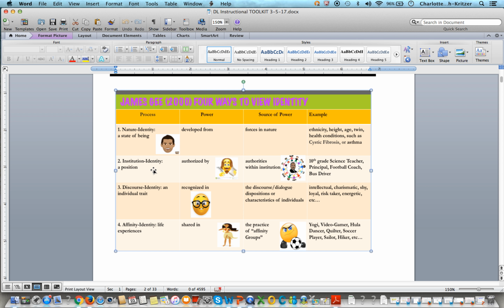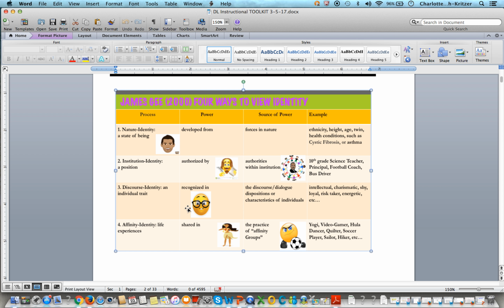Again, think of all the institutional identities that are authorized by other authorities that allow you to be identified. First of all, you are all students, college students, university students at the University of Hawaii. You are all united and authorized by the institution. I am an authorized professor, an associate professor with tenure at the University of Hawaii. These things come from my institutional identity. So look at the examples here. Again, read about these examples in Doug Buehl's as well. I just created my own slide to bring more emphasis to it.